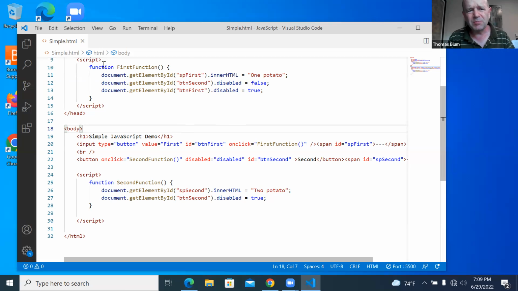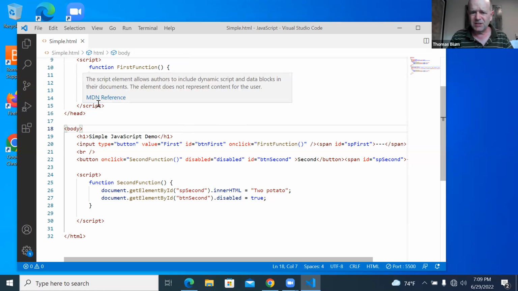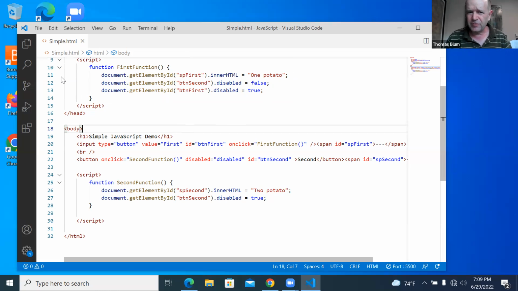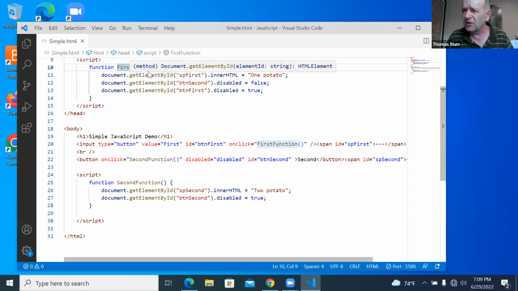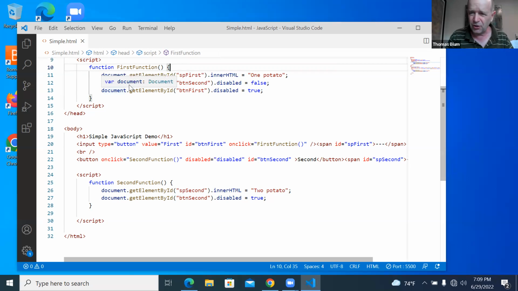The code is put not only inside the script tag, but since it is what we call event-driven programming, the code doesn't run until the user does something. And so the clicking calls a function and then the function executes some code. So all of our code is not only inside a script tag, but it's also inside a function. I use the keyword function. You see it there in blue, then the name of the function. It has to match exactly. Open, close parenthesis. We would put arguments in there, except in this case, there are none. And then curly brackets. In the curly brackets is the block of code executed when you click the first button,